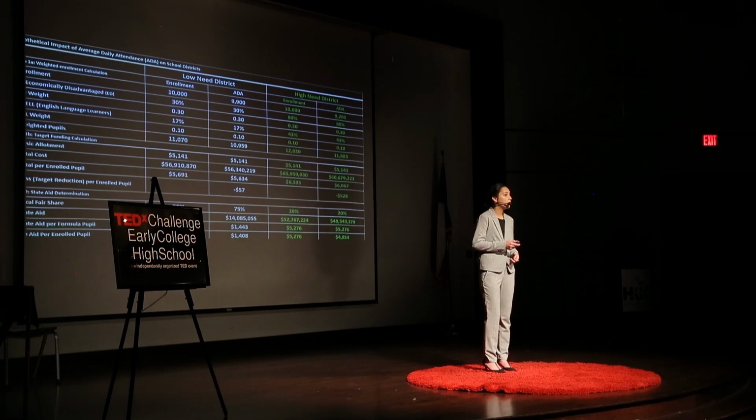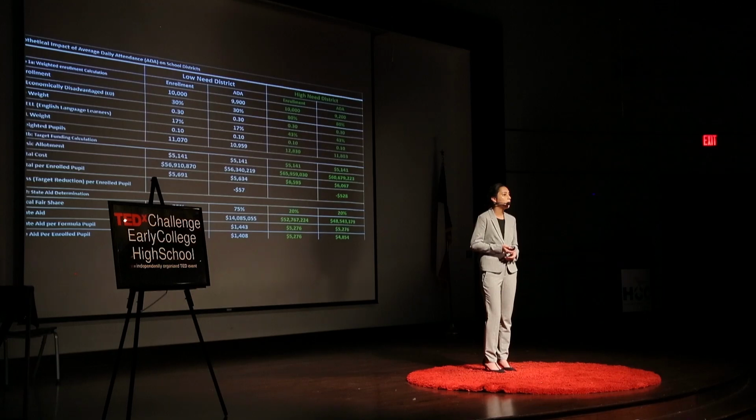This means that the low-need district loses $57 per student due to average daily attendance, while the high-need district loses $528 per student. That's a $471 difference between the two districts. A new problem arises when we consider the money necessary to be gathered for funding the total cost per student. The money gathered for the total cost per student is received from both a local share and a state share. In other words, target funding is met through contributions from both state aid and local aid.